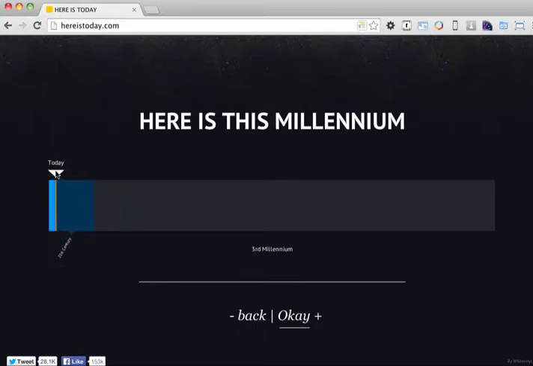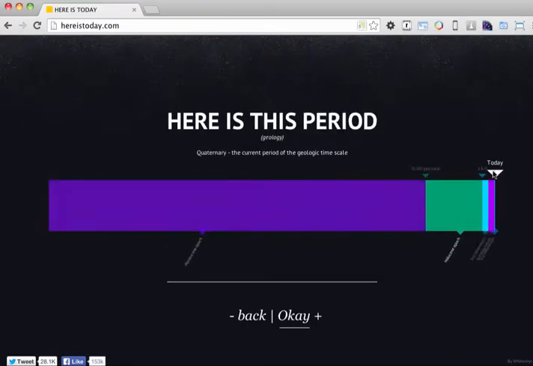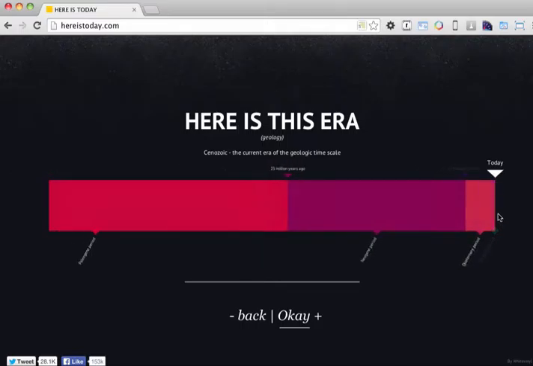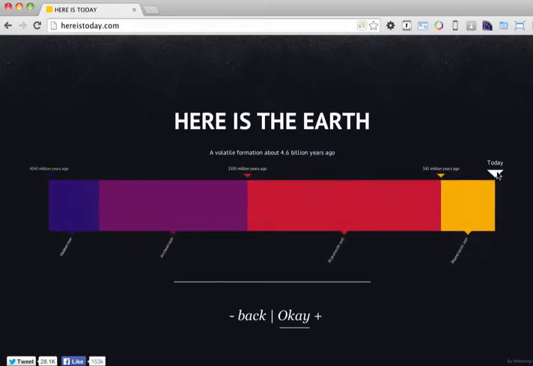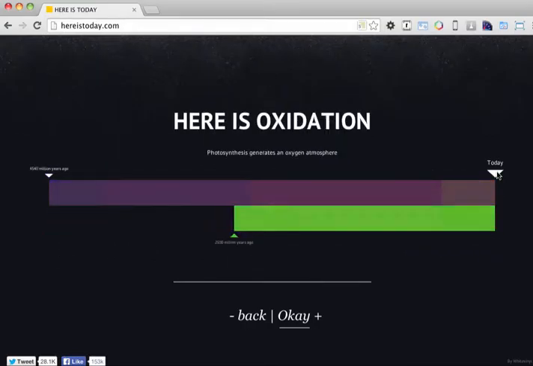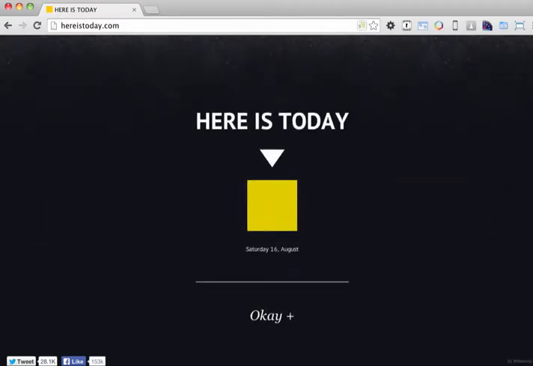So here we're at the millennium, here's this epoch, here's this period, and you can see quite quickly today just gets engulfed into nothingness, as do the millenniums, the epochs, and everything else. It's kind of fun to play with it though and see how this particular developer used some JavaScript just to